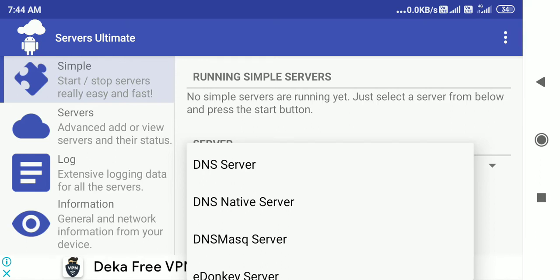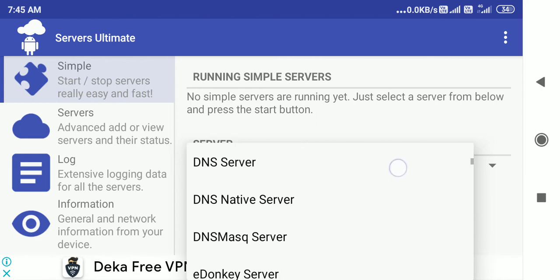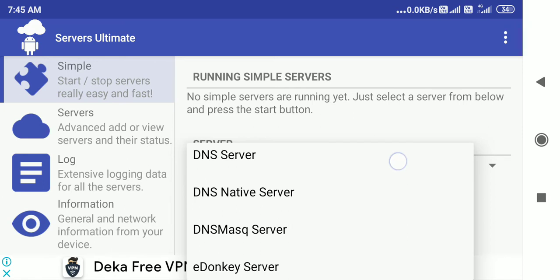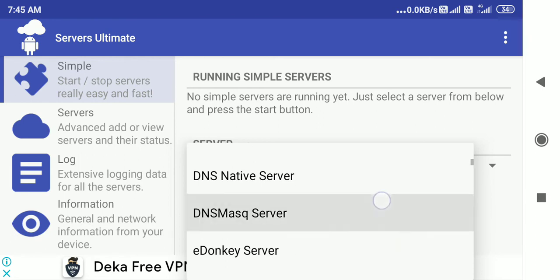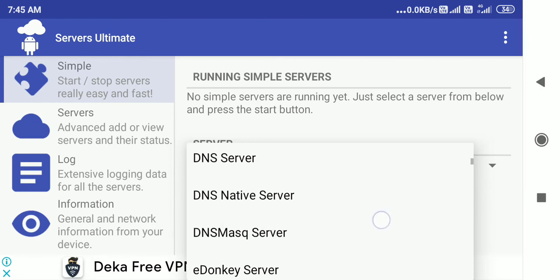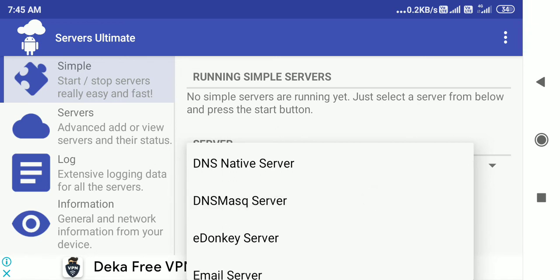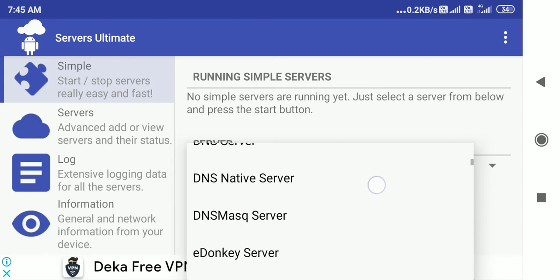What is the basic thing? They always come with native and ordinary servers. What is the difference between a native and an ordinary server? Native is something which works within your system or within your domain. Ordinary is a huge thing. Say for DNS domains, the DNS server will create domains for big networks, out of your network scope. The DNS native server will do all the DNS work, domain name services, within your network. That is why there's a small difference between a DNS server and a DNS native server.